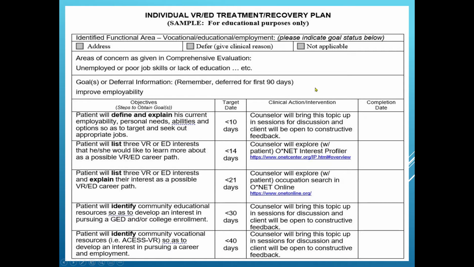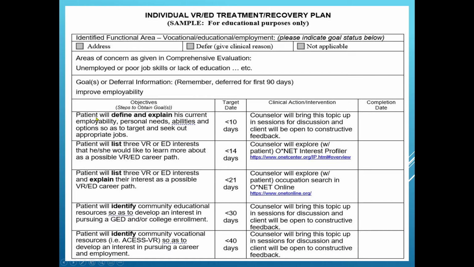So, here's the objectives, and here's the clinical action or intervention. So, this is what the patient will do. This is what we will do. Patient will do this. We will do this. Patient, counselor, patient, counselor. I'm just making an observation here because I've seen treatment plans, I've reviewed thousands, but I've seen treatment plans where it says patient will do this, patient will do this, patient. This is not what we do. When you see patient will do this, patient will do this, what a clinical supervisor or the insurance companies are going to say is, well, what are we paying you for? What are you doing? So this is what the patient will do. This is what we will do.